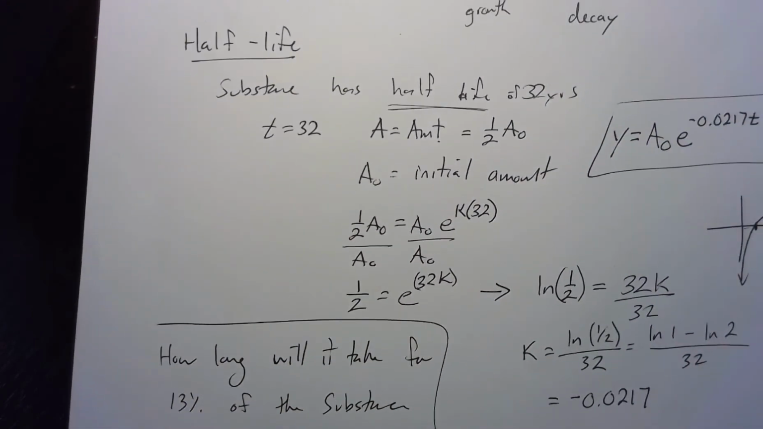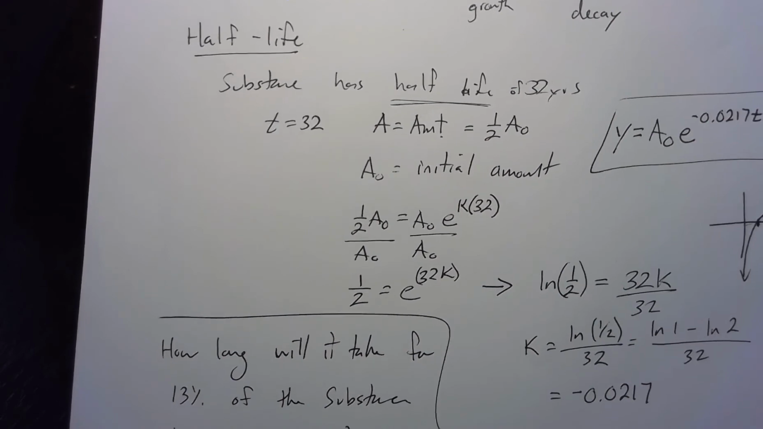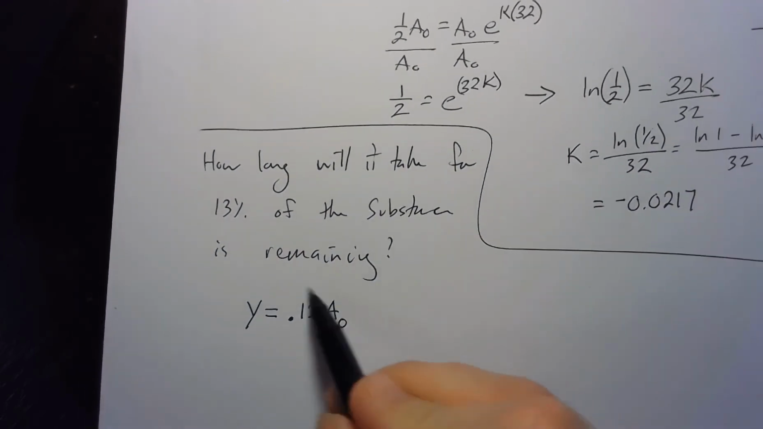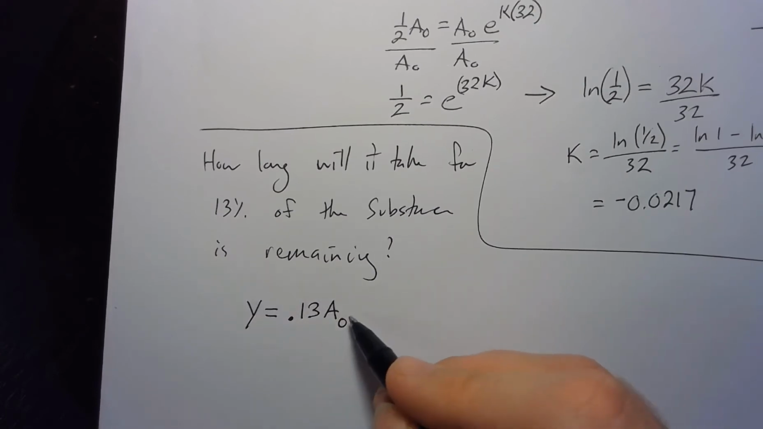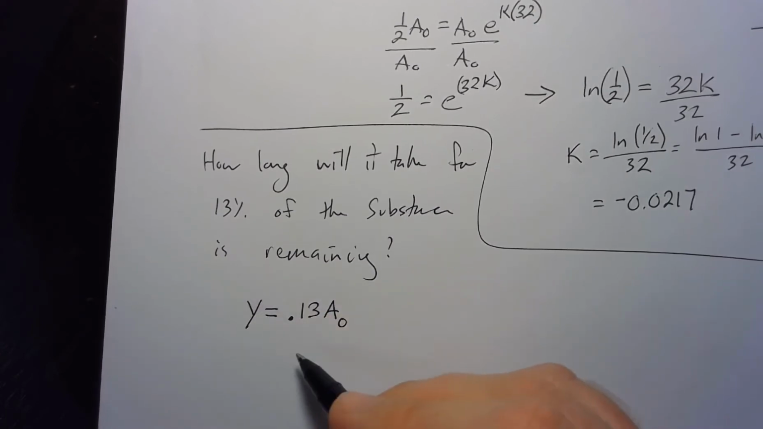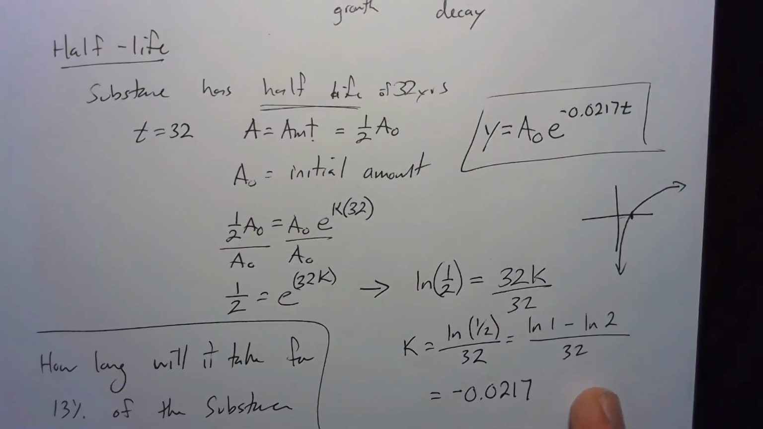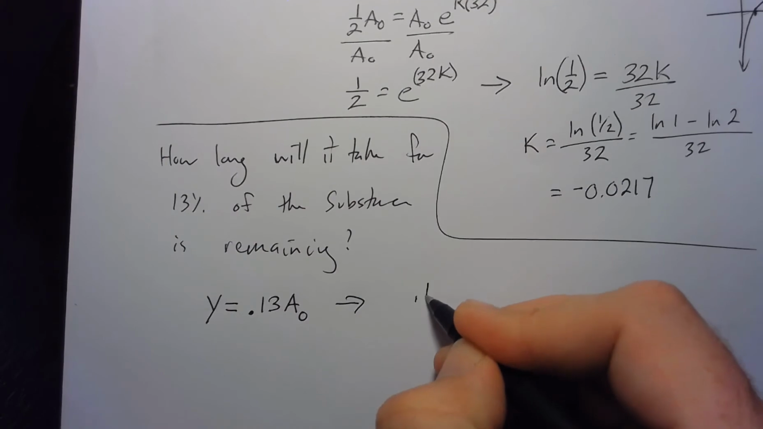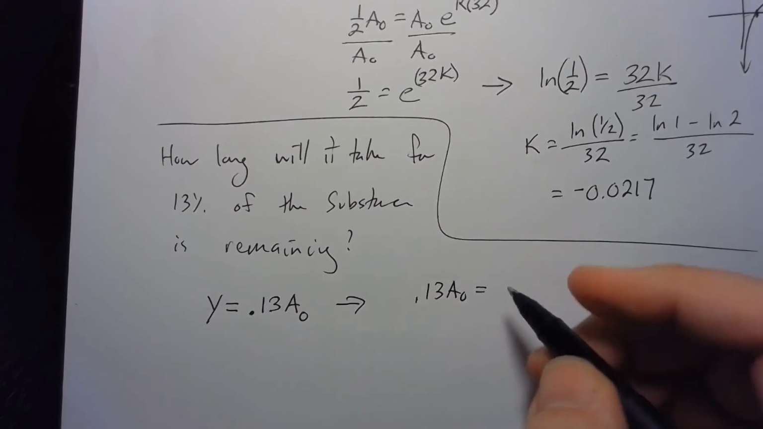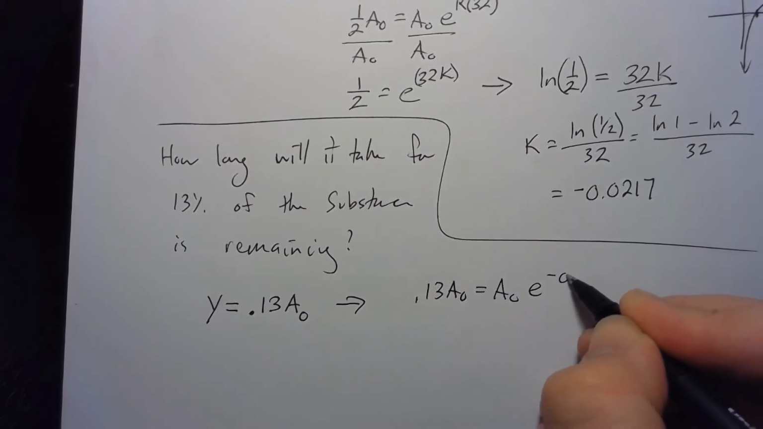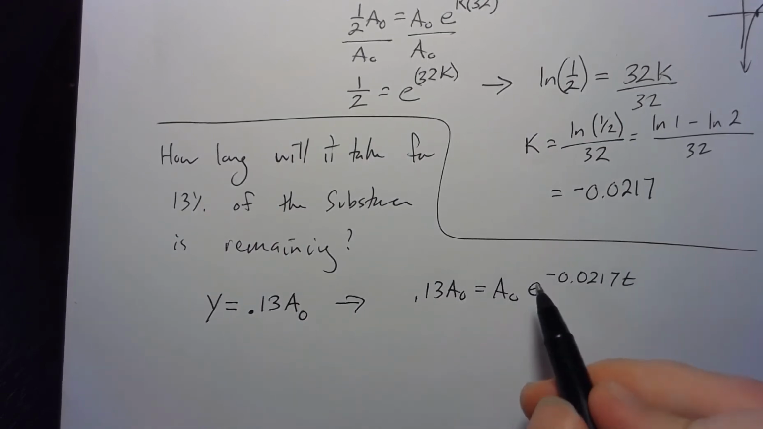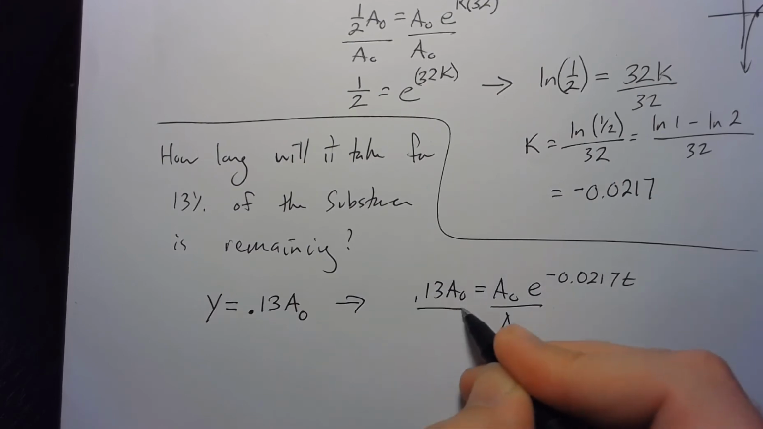Notice again, in this problem, nowhere were we given the original starting amount that we had. It is possible that we could be given it, but it is not always probable. So once I understand that this is what I'm looking for, I can use the formula that I found in the previous step and plug in the information for y. So 0.13 a sub 0 is equal to a sub 0 e to the negative 0.0217 t. I can divide both sides by that a sub 0,